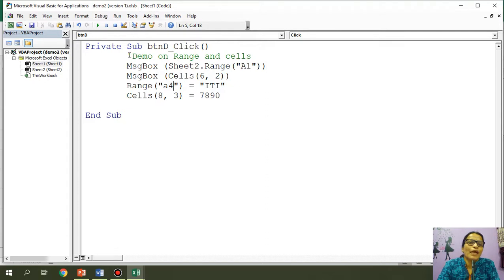And you will see that whenever you type something with an apostrophe in front, it automatically turns green, which means it is a comment. So anytime you execute the code, any statement that you don't want to be executed, you can just put an apostrophe. Right now I have put comments on 3 statements. Of course this is actually a command, but when I consider it a comment, it will not be executed. I'll remove the comment from here, so that this will be executed.